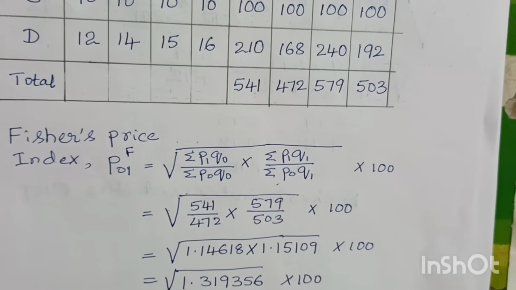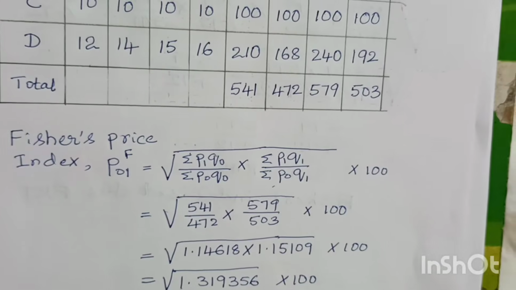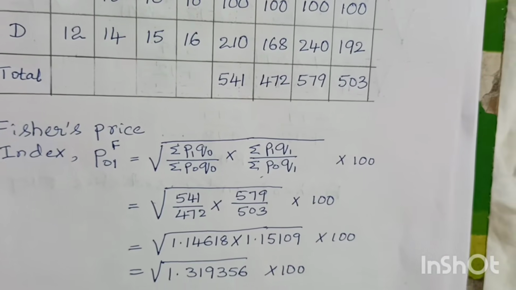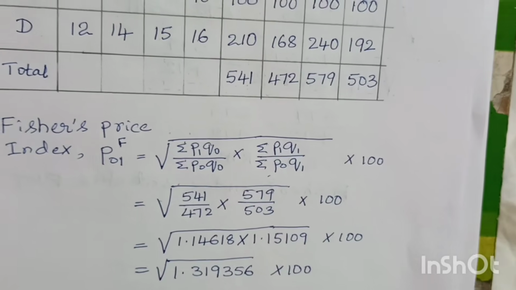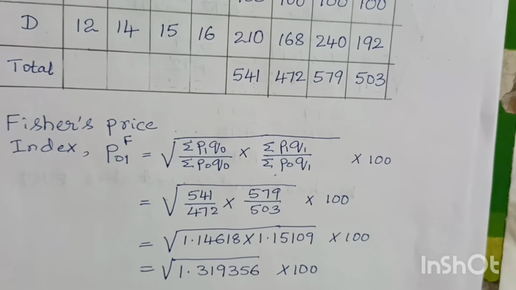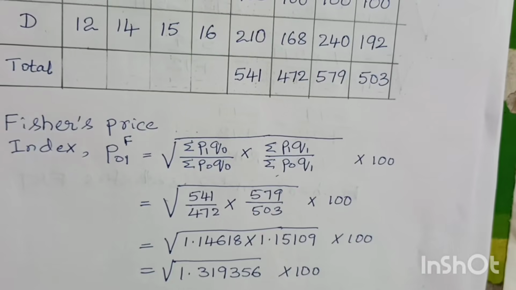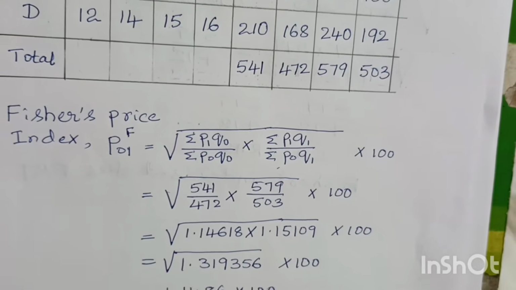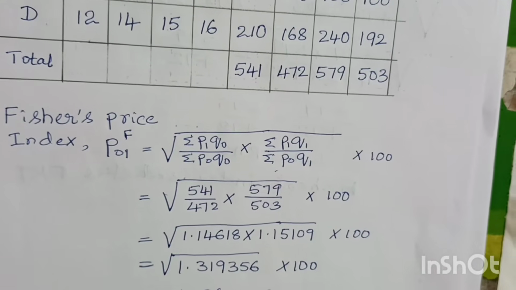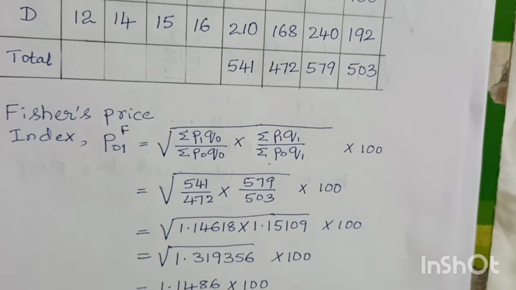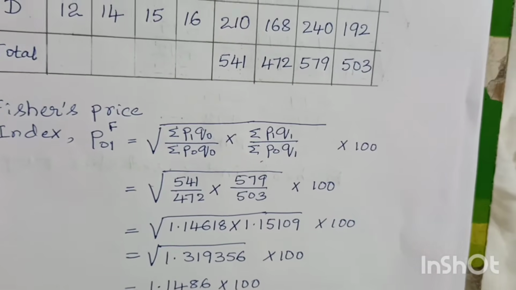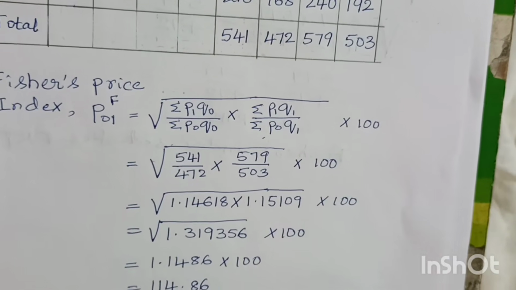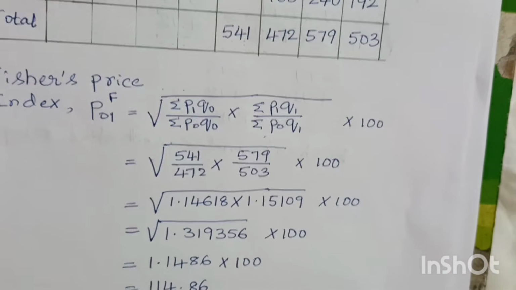Okay, then substitute the values. Root of 541 by 472 into 579 by 503, into 100 outside the root. Then find out the value of 541 by 472 and 579 divided by 503 and multiply inside the root, into 100 outside, and find out the root of 1.319356 into 100, and that is equal to 1.1486 into 100, that